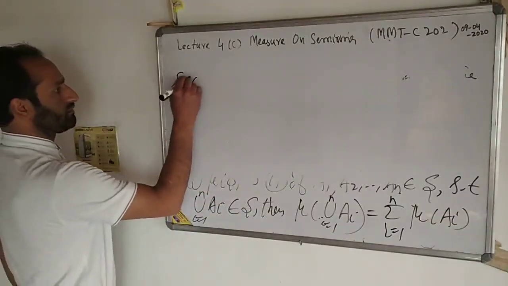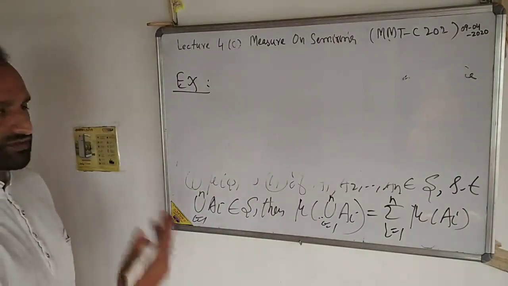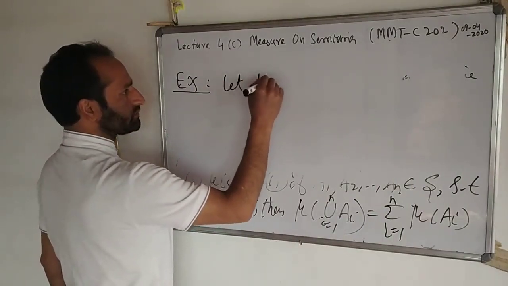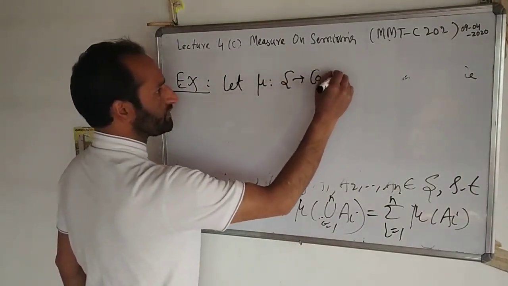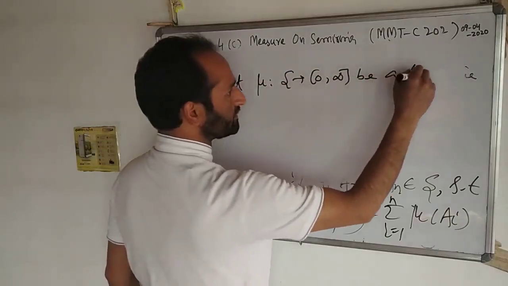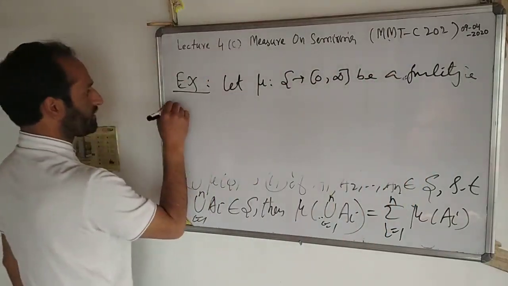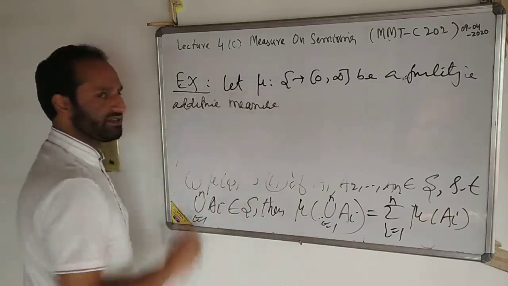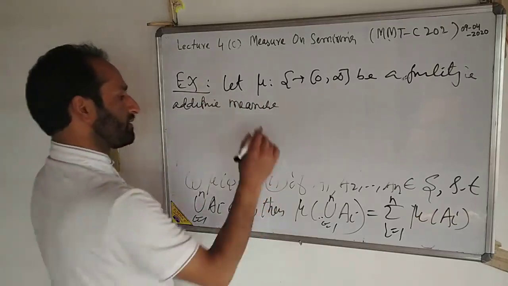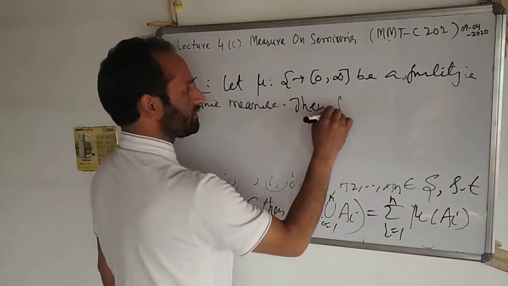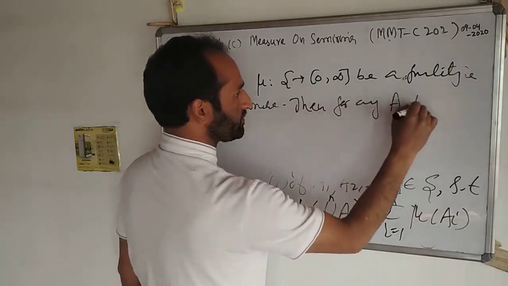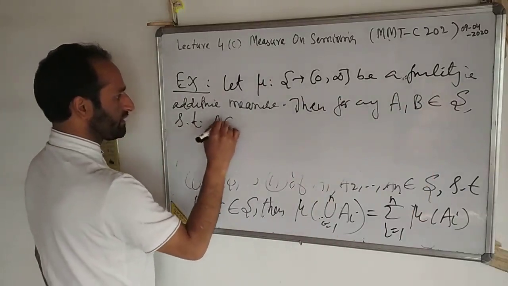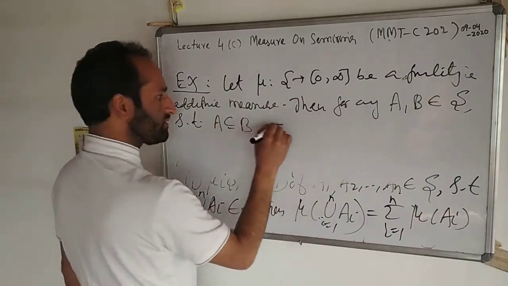So the steps are similar. Let mu from S to 0 to infinity be a finitely additive measure. Then for any sets A and B in S such that A is a subset of B, this should imply